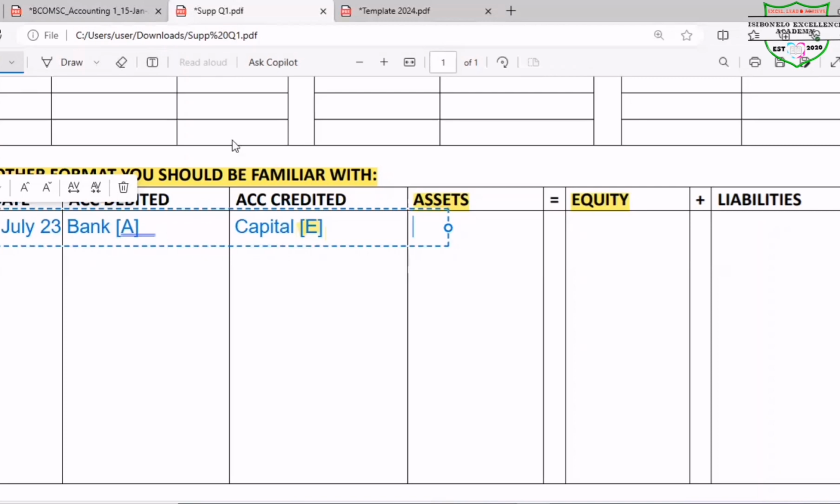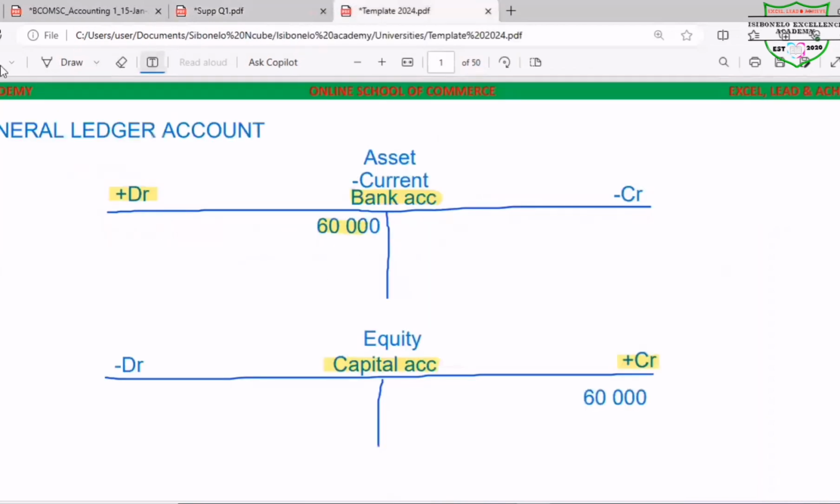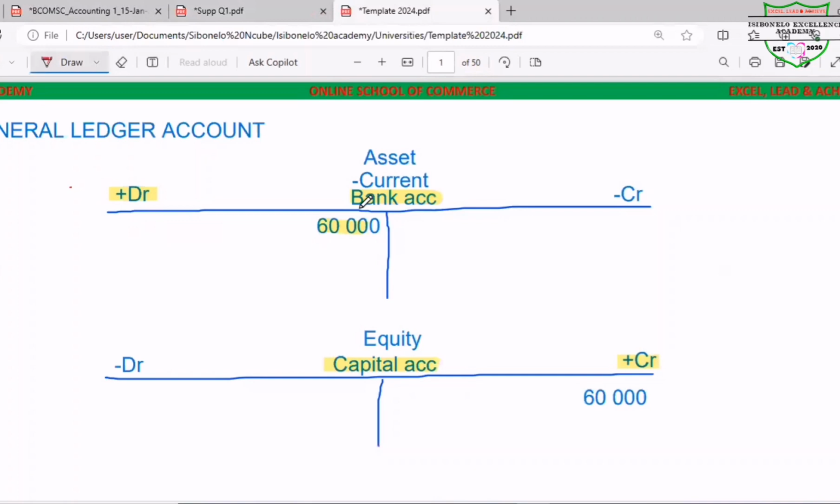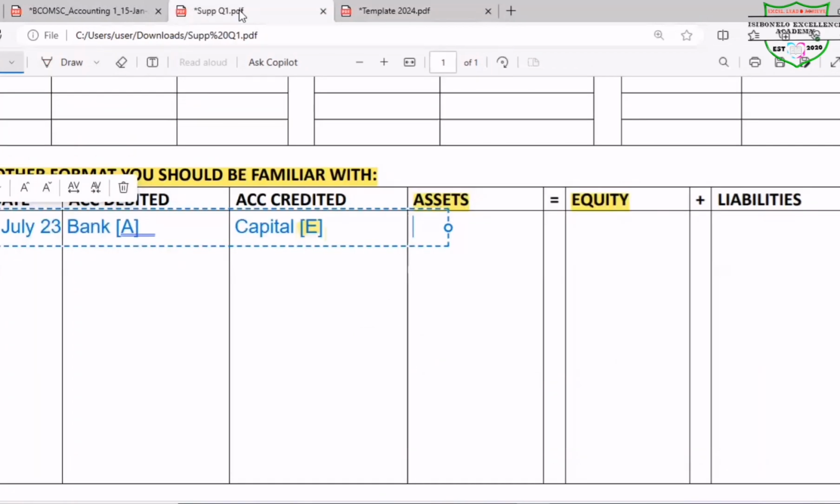Let me use red so that you will see while I'm highlighting here. So you can see that this account has been debited. So on the debit side, assets are positive. So in the equation, we're going to have plus